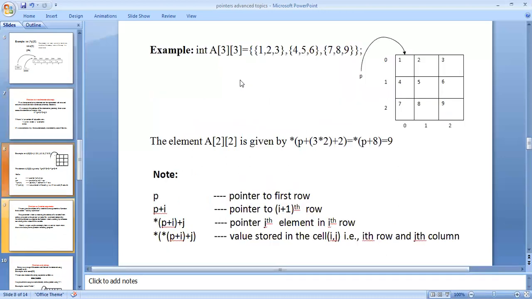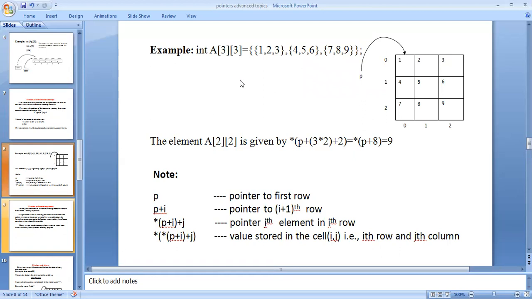For example, int matrix A, I am using a 3 into 3 matrix. The elements are defined within square brackets, and I am initializing the elements directly with A of 3, 3, which means a 3 into 3 matrix.